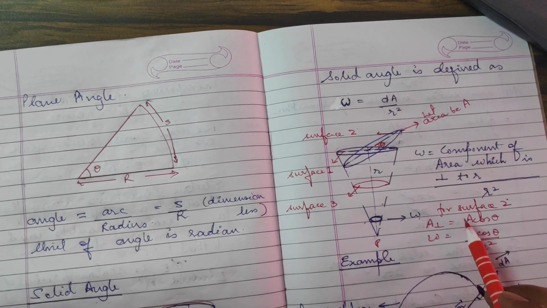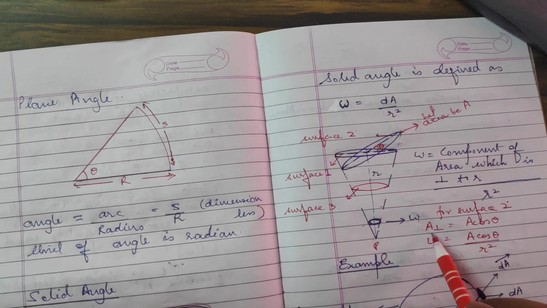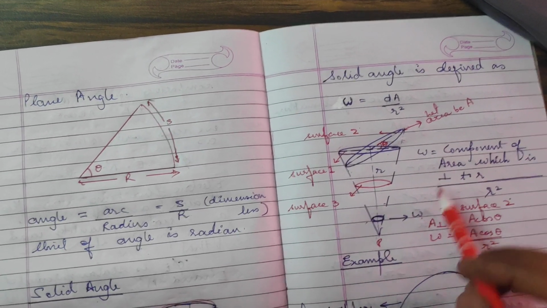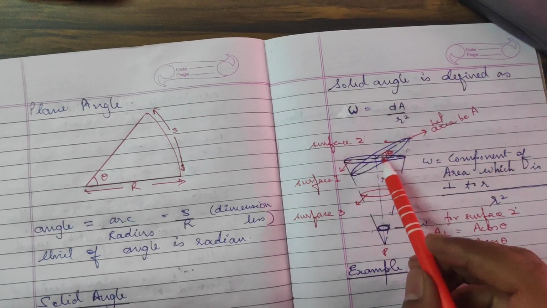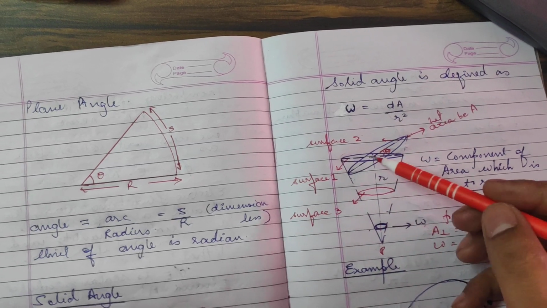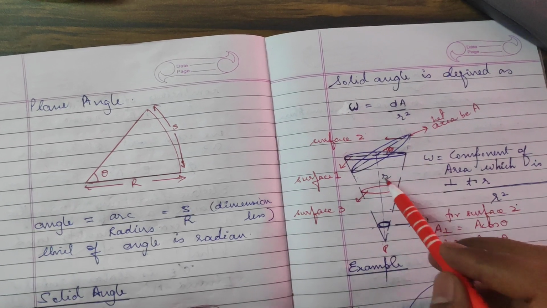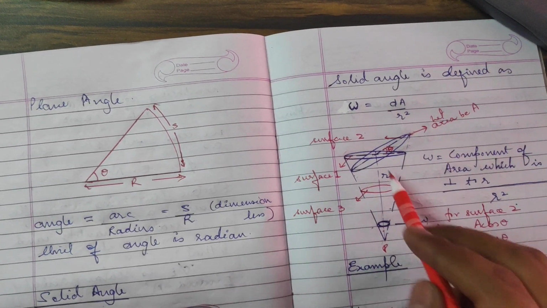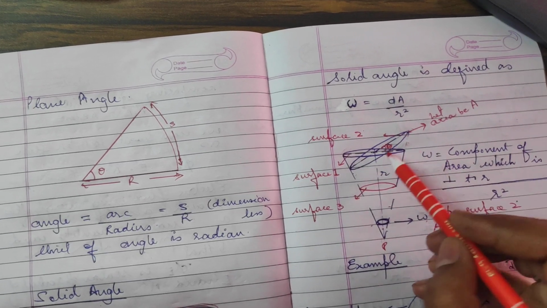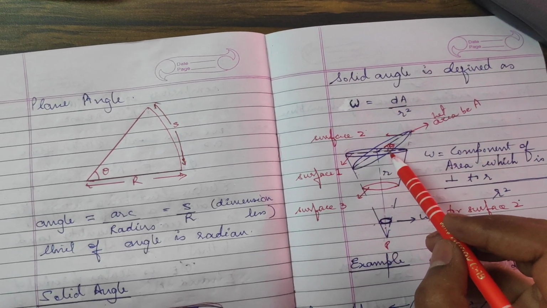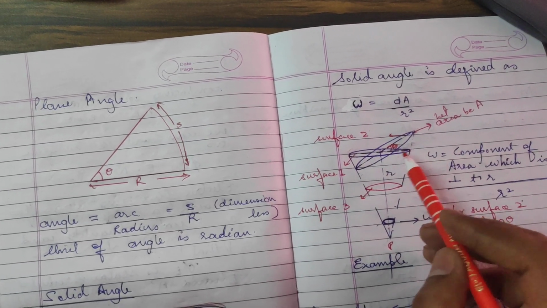So if we find a component of surface 2 with respect to surface 1, I have called this area the perpendicular area. What does a perpendicular area mean? The area which is perpendicular to R. So the surface area of surface 2 which is perpendicular to R: this is the angle theta with the horizontal, you consider this line and this line. In between these two lines, this is theta. So if this line is A, then this line will be A cos theta.